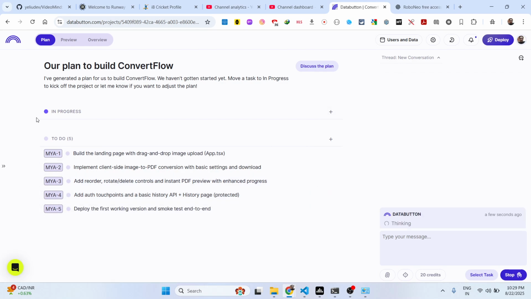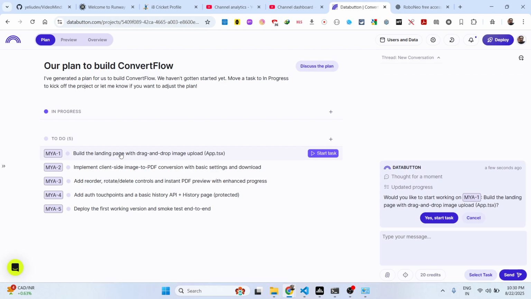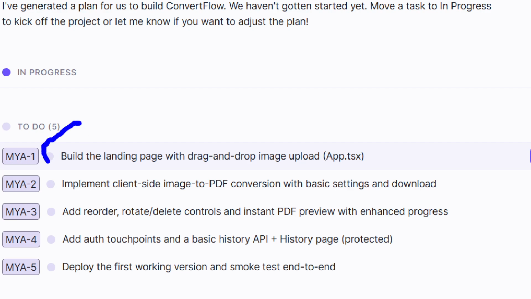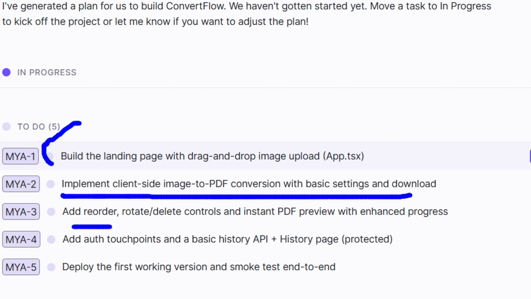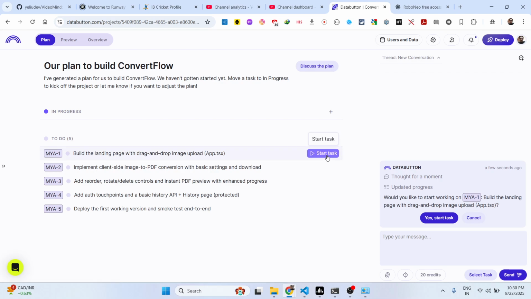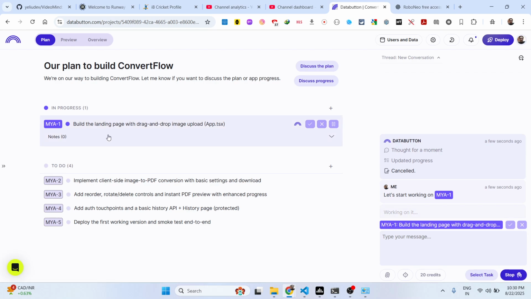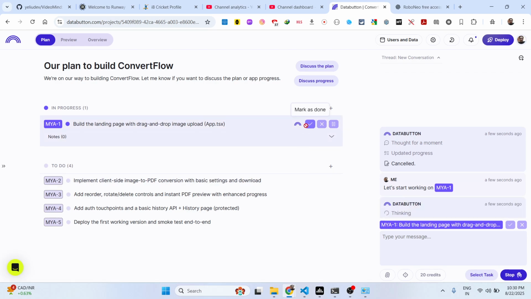So as you can see, it is in progress. It is building out your application and it is going step by step. So first of all, it builds out a landing page with drag and drop image upload, then implements client side image to PDF conversion, adds reorder, rotate, delete controls, adds authentication touch points, and deploys the first working version. And you can simply say start task, just hit the buttons. So if you are happy with this approach, now simply click start task,